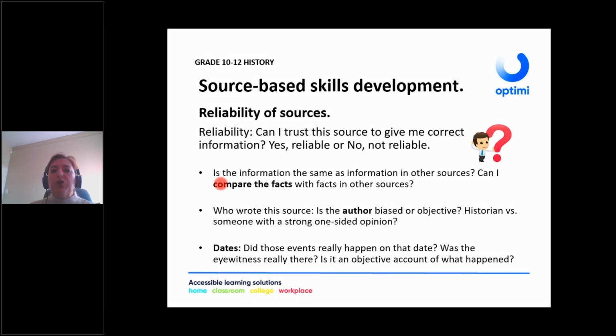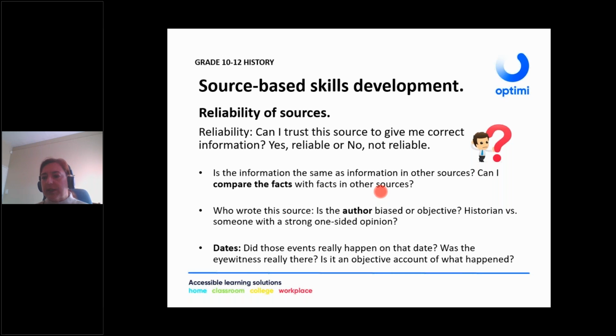Okay, the first one is to compare sources with one another. Is the information the same as information in other sources? So say, for example, you have sources 1A, 1B, 1C, 1D, right? Does the information in some of these sources correspond with one another? Does it give the same facts? So if it gives the same facts, you can say, yes, the source is reliable because the information is also